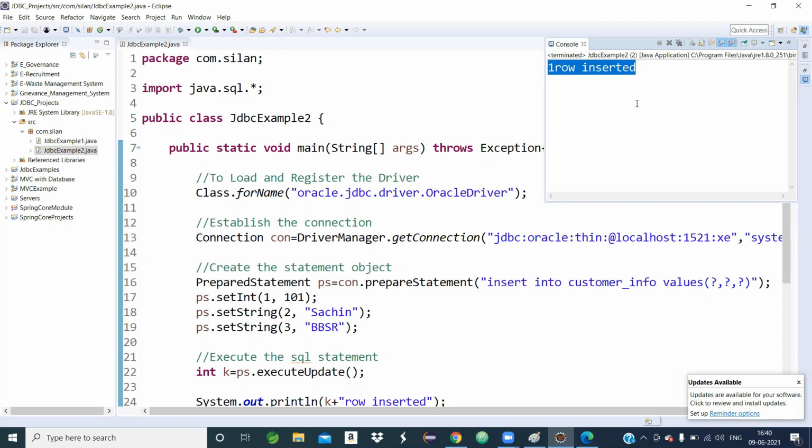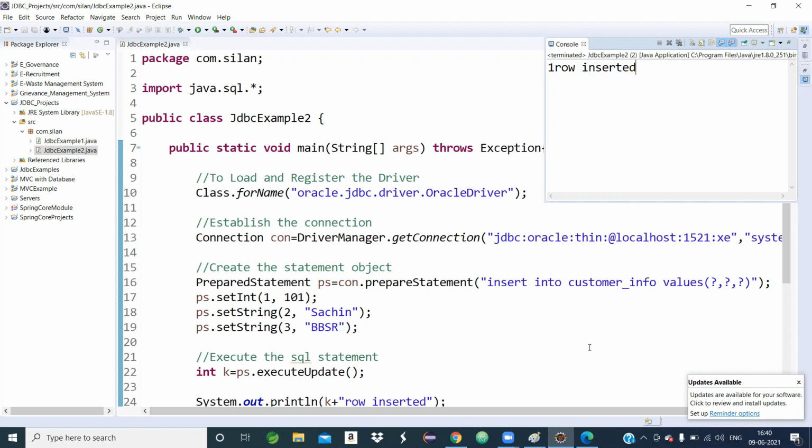Based on the output statement we wrote, the output comes. K means the value of k, that is 1, and within double quotes I wrote row inserted, so the output came as 1 row inserted.